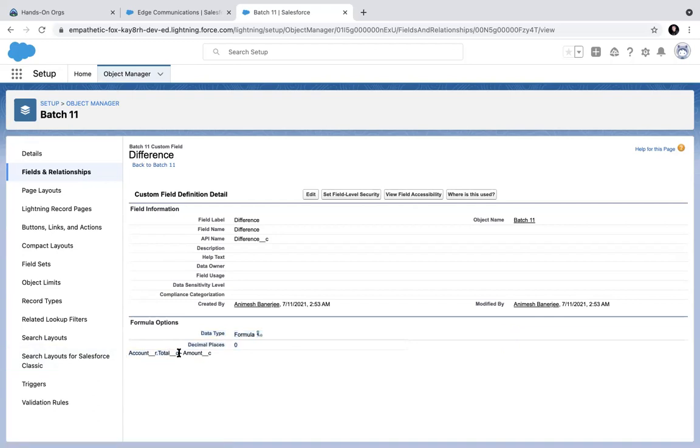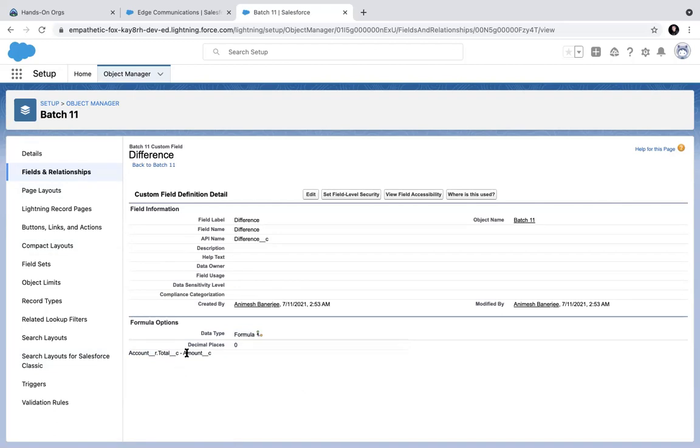Anyway, if you use the parent fields in the formula field, then it is called a cross object formula field. But if you use only fields of this object where this field is getting created, in that case it is a normal simple formula field. So the difference between cross object formula and a simple formula field, clear to you?